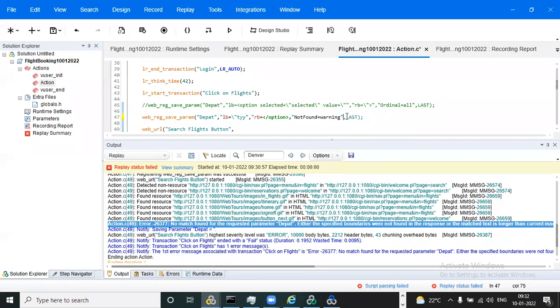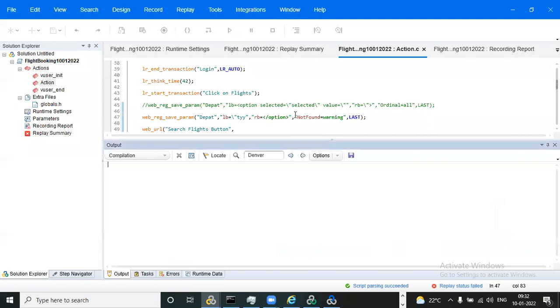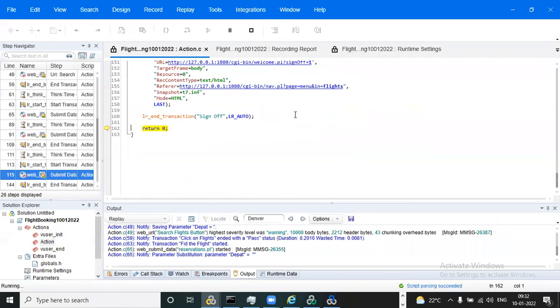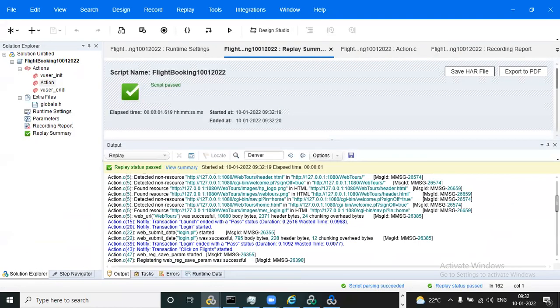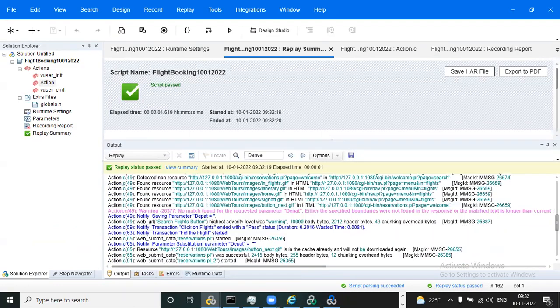Sir, double quotes near RB. See, now I have given not found equal to warning, because I need to throw this as a warning and don't need an error. Now the script will pass, but it throws a warning.